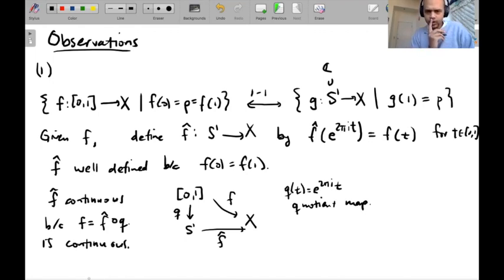Okay, so this is the first observation, that we can think of elements of the fundamental group as maps of the circle. Oh, right, I only did one direction. Let me also say conversely,